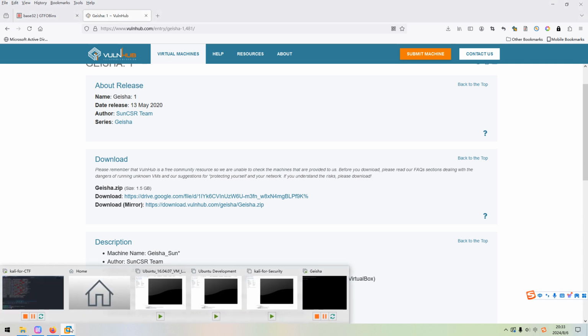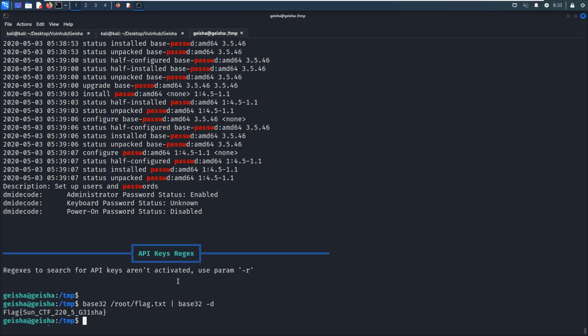So how to do it? And the first idea for me is to retrieve the shadow file. Okay, so we can use base32, and this should be under the etc directory, shadow, and base32.